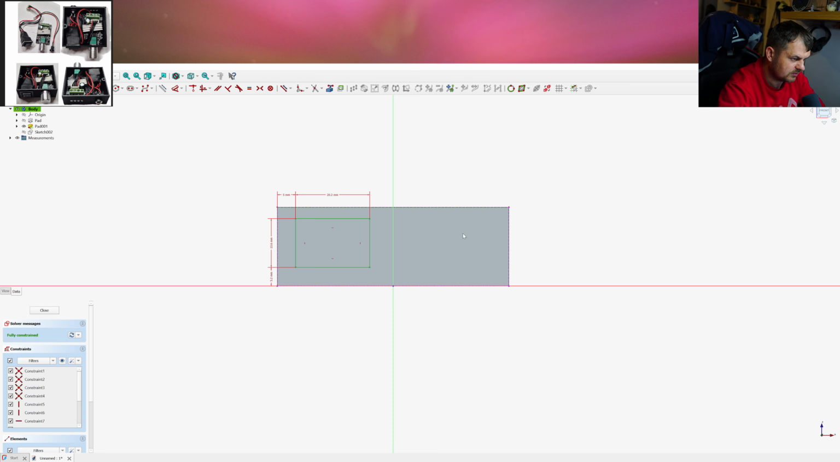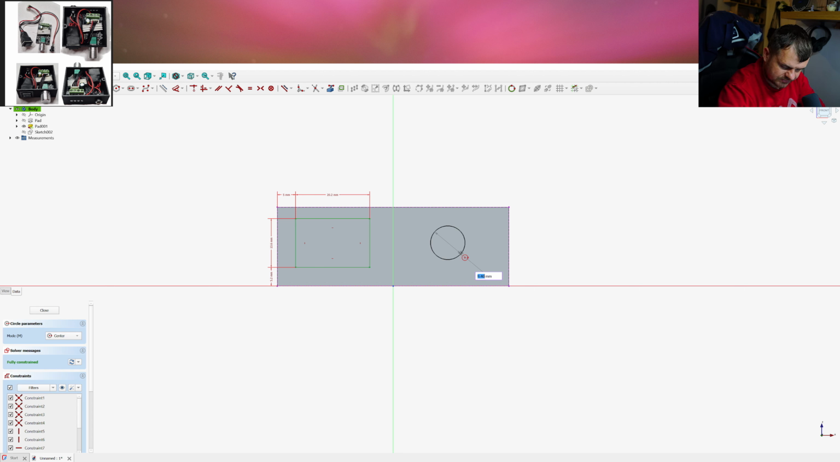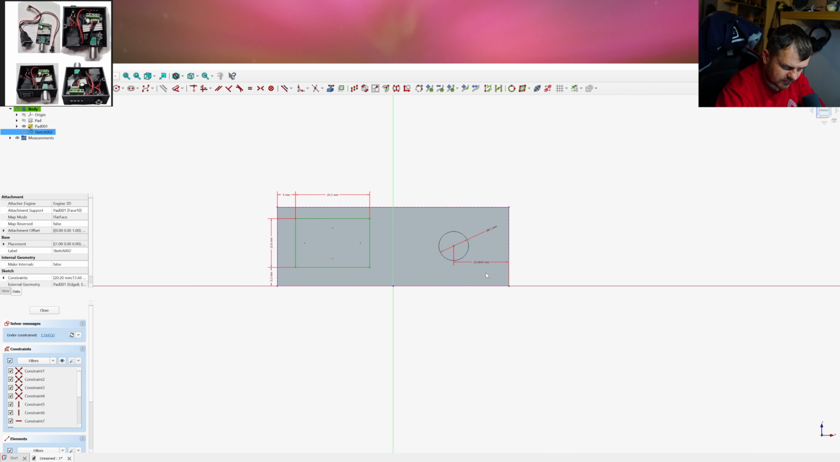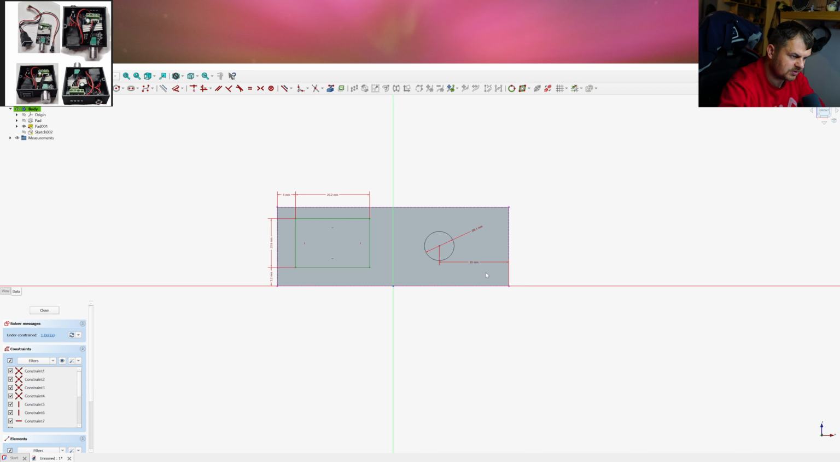Okay, that will be the first hole. And now for this one we want a circle. We want a circle of 8.1 millimeter diameter, and we want its center to be, with the length, so horizontal dimension, 19 millimeters from the edge, and 13